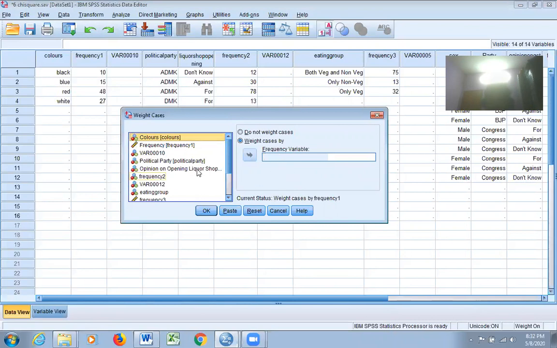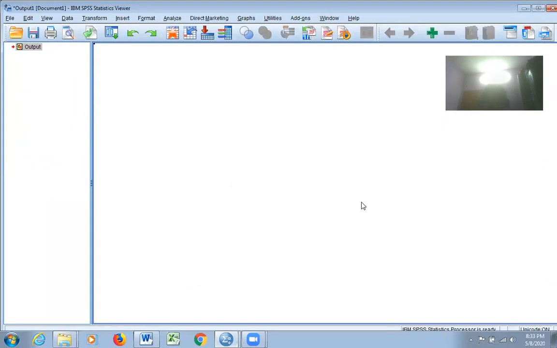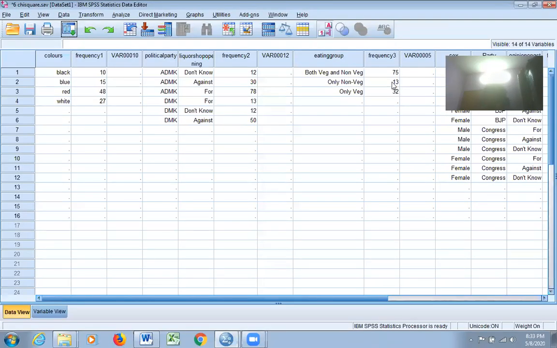I reset this. And here I have to go for frequency 3. I select frequency 3 and send it to this weight cases area. Say okay. It means that now the frequency counts will be taken into consideration.